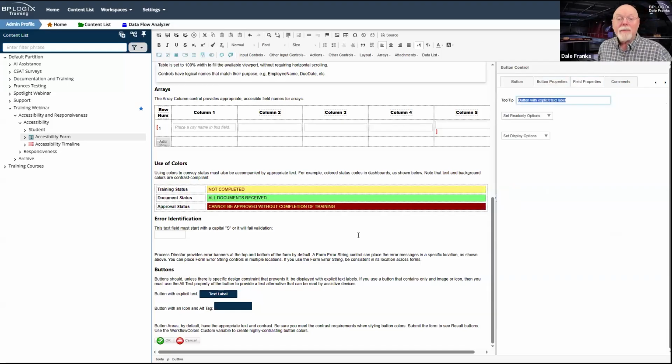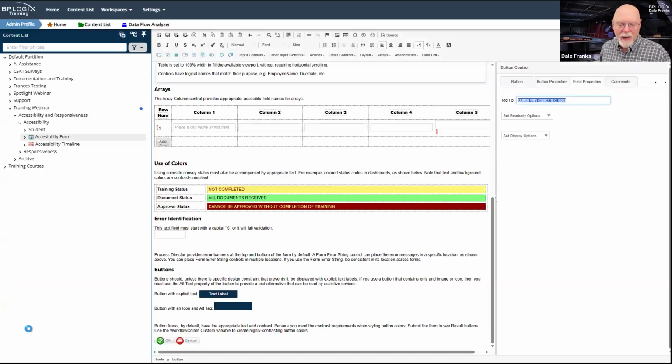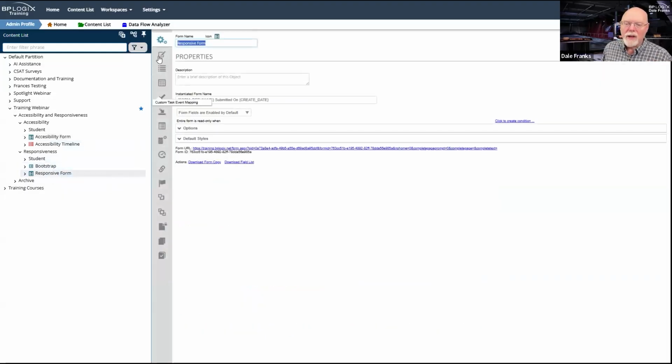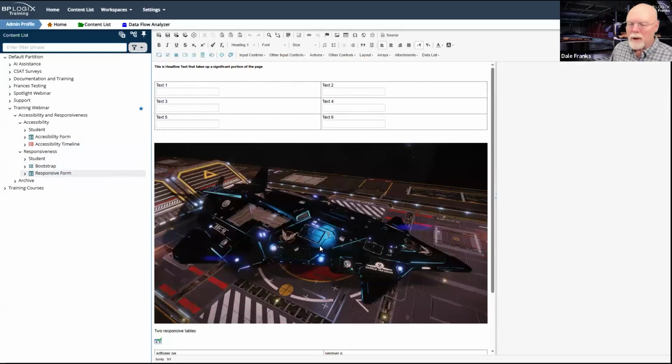All right, that's accessibility. So let me go back to my form and let me just yes my way out of this. There we go. That form is closed. Now let's talk about responsiveness. For the most part, there's not a lot that you have to do to make a form responsive.